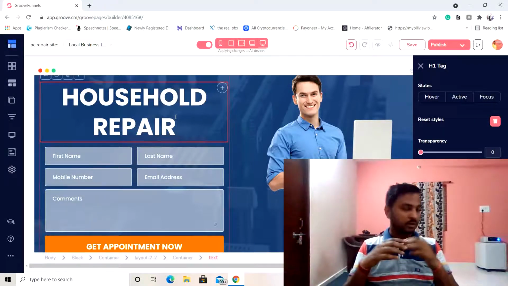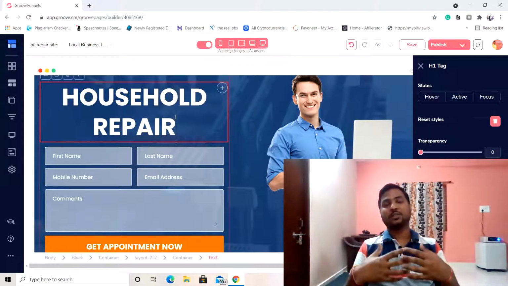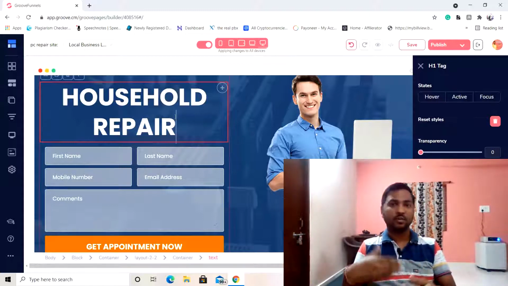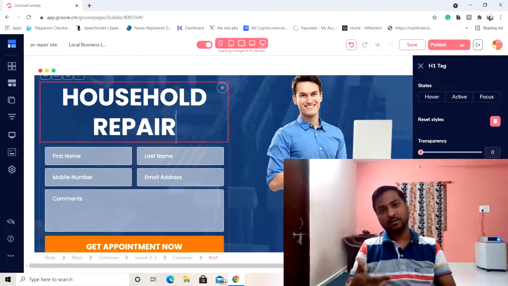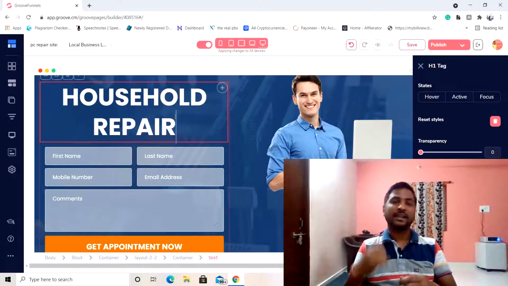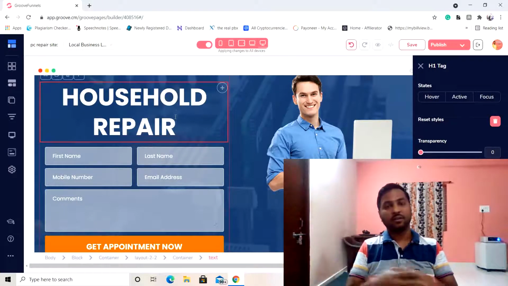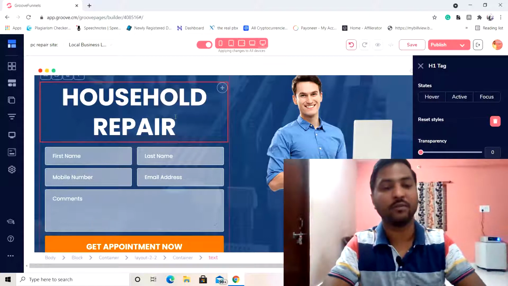Whatever things get damaged in your home. So let's say that you are a business owner who provides such kind of facilities to your client, that if anybody needs a plumber, they can get into your website and ask for it. They can directly call you, or they can just go ahead and fill up their details in the contact form, and they can reach you. All right, so this is something that we are able to do over here.